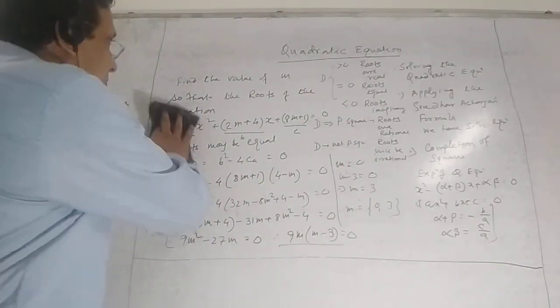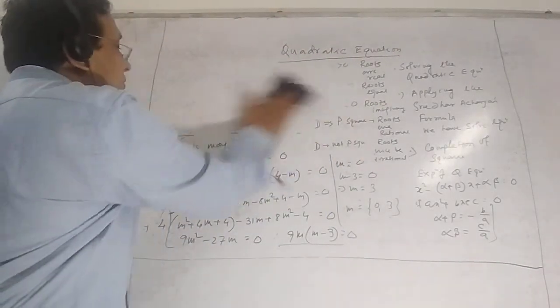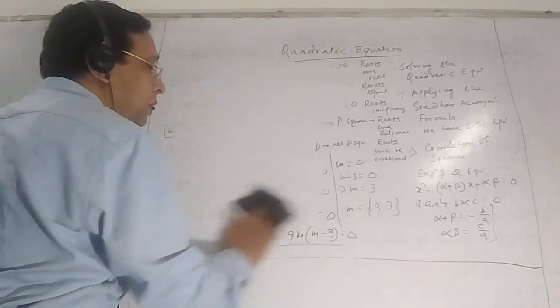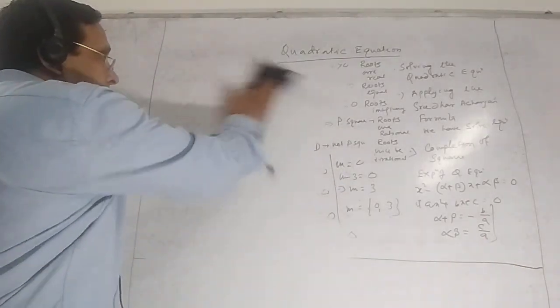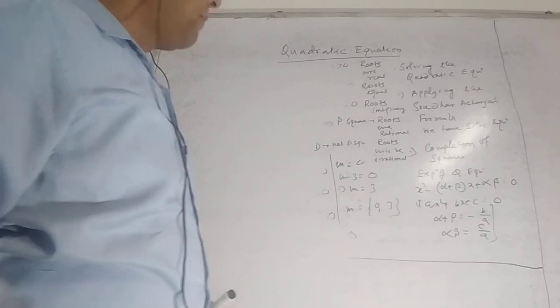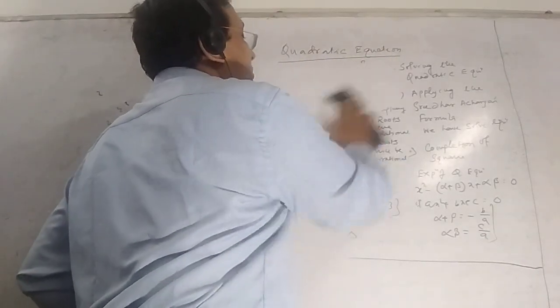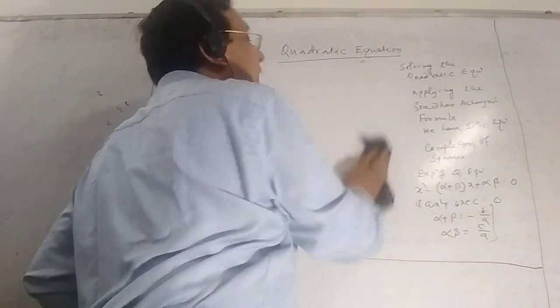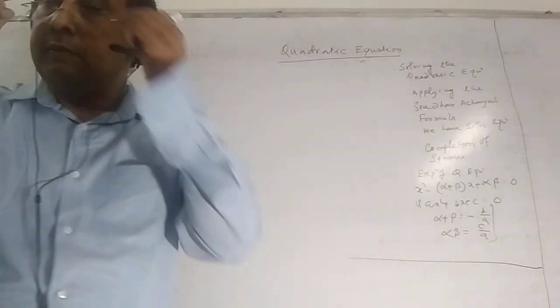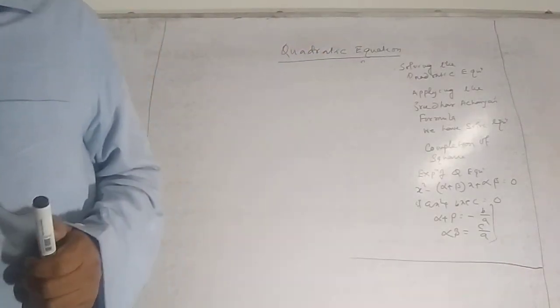So now once we solve this type of sums with discriminant equal to 0, our next target is, let's drop this part also. Second type of sums. The second type of sum is what? Suppose